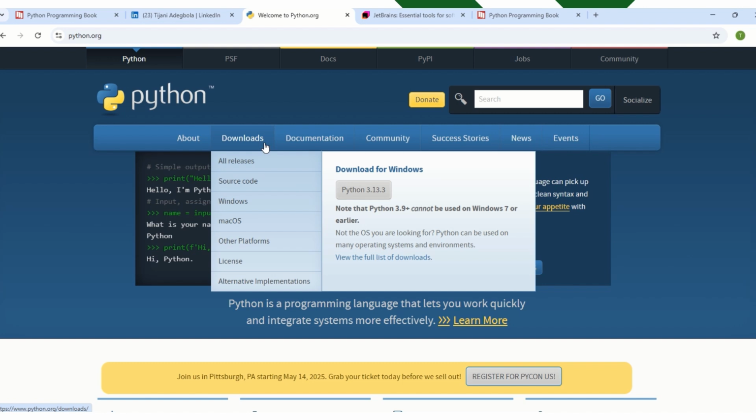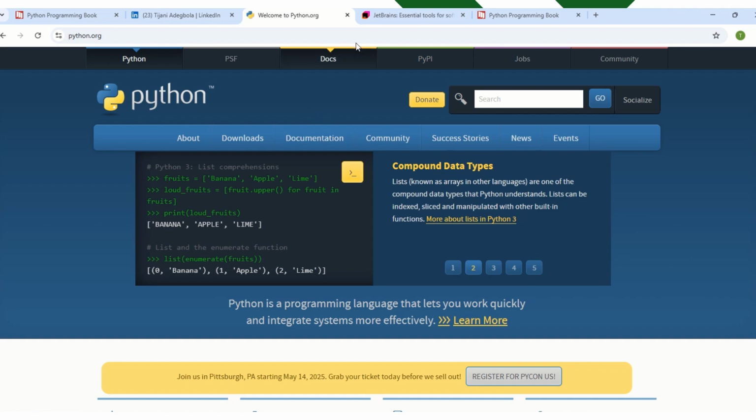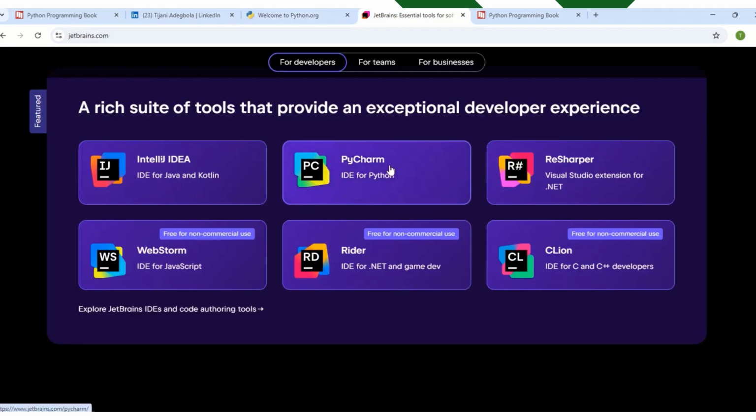But there are other IDEs, integrated development environments, that you can use if you don't want to use the IDLE that comes with Python. But I recommend for this class, use this one. As time goes on, you will advance into the other ones. If you're interested in using another IDE, the most common one that people use is PyCharm. You can download that by going to jetbrains.com. So you can use this as your IDE. It's very flexible. It makes things a little bit easier. You have a little bit more control in what you are doing.